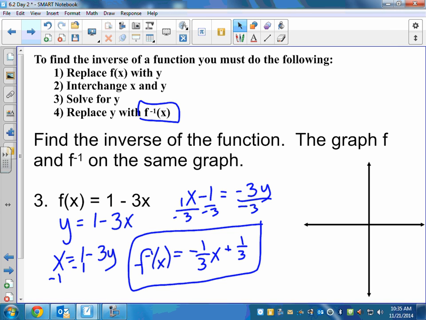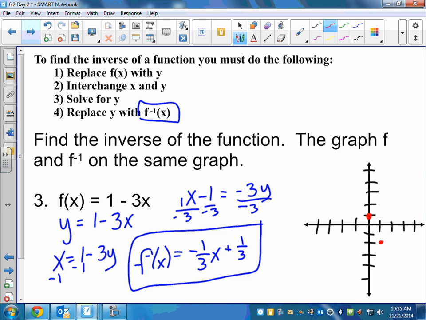Graphing this, there's a couple ways we could do this. We could just graph both of these. But I think f of x is easier to graph than the inverse because of the fractional point there. So think about if we graphed 1 minus 3x. I'd have a y-intercept of 1, and a slope, if I went down 3, that means I'd go over positive 1. Or you could go up 3 and back 1. I don't know why I make so many points, but